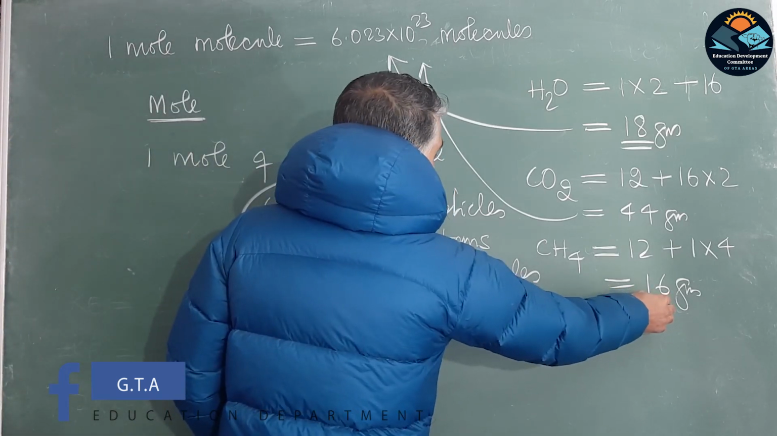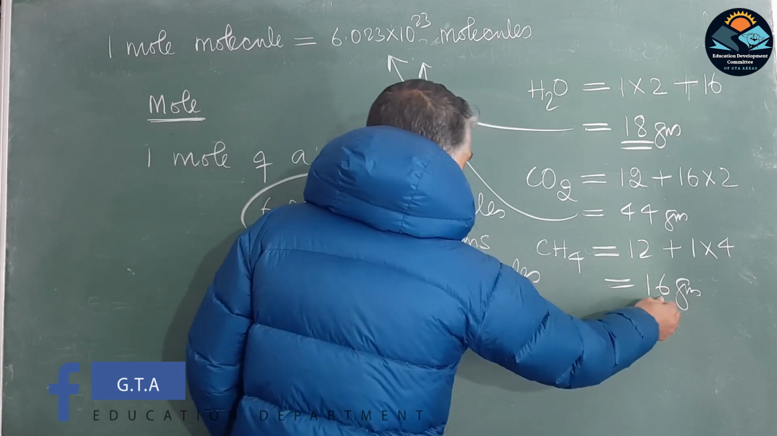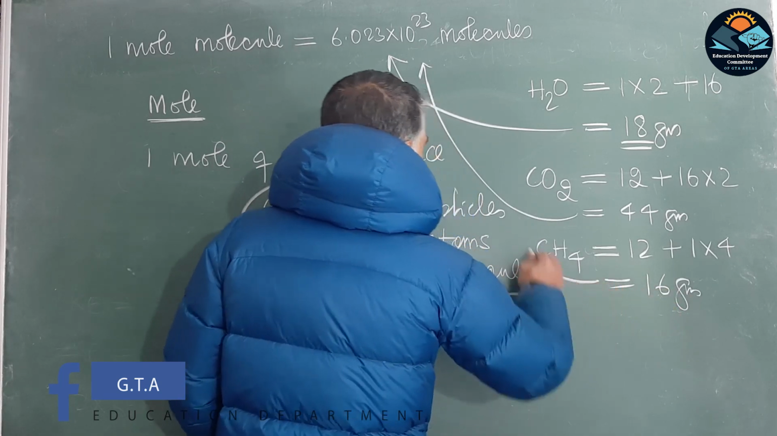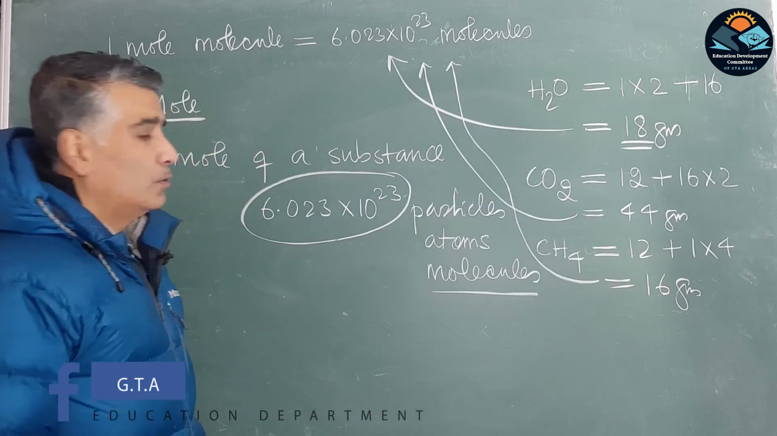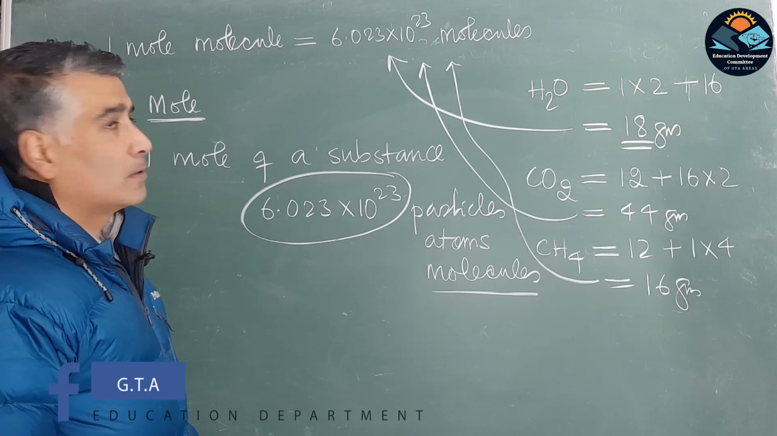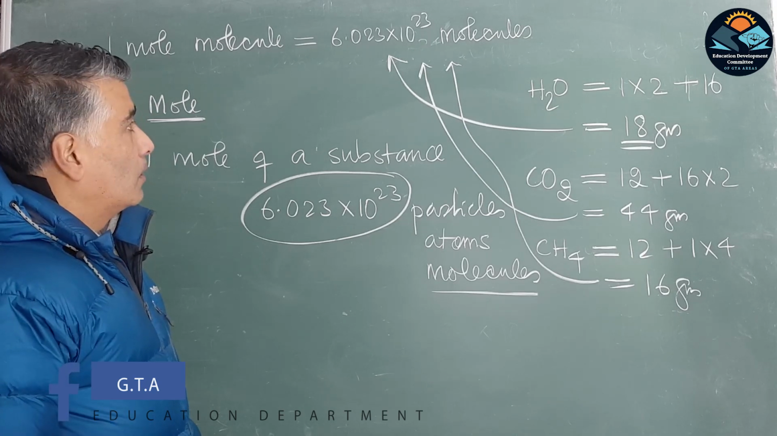16 is the molecular mass of methane. So if you take 16 grams, it is known as 1 gram molecular mass, and 1 gram molecular mass, that is 16 grams of methane, is going to have those many molecules. Okay. So,